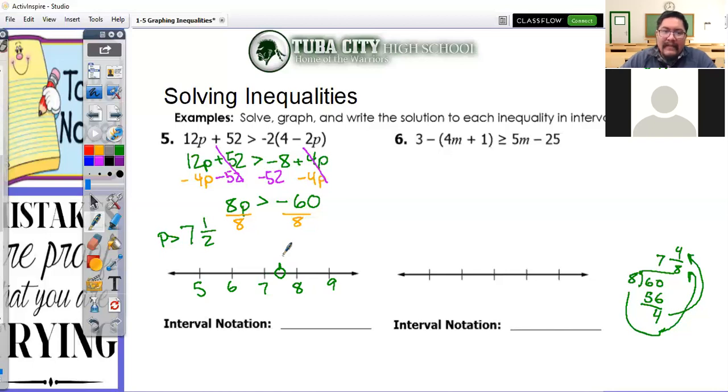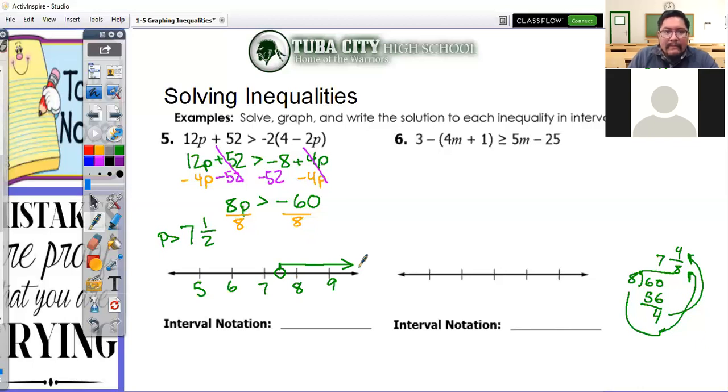And again, don't use any shortcuts. Definitely plug something in. Now read it to yourself. P is greater than 7.5. So pick a number that is greater than 7.5. And we have a few of them right here, but you could pick something like 10. 10 is greater than 7.5. And since 10 is on this side, that means we're going to have to mark all the numbers on this